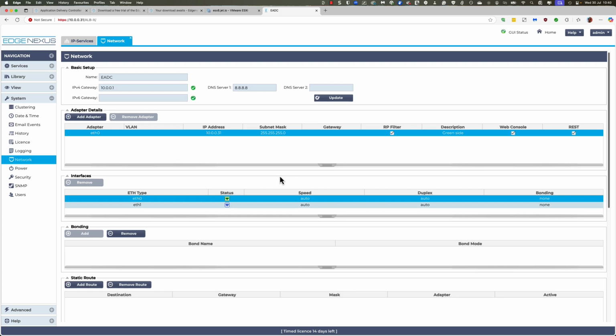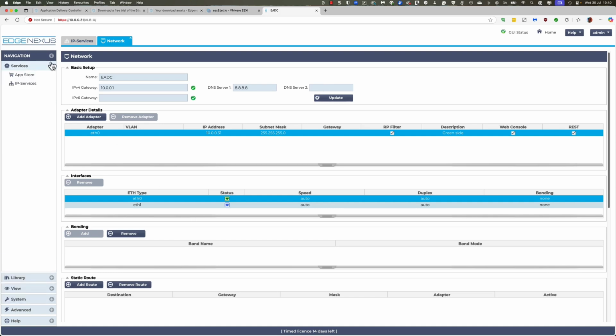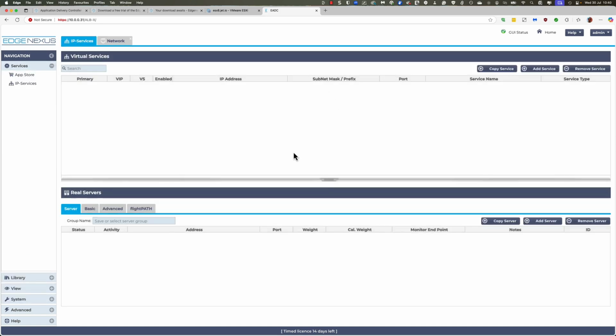You can also have VLANs. You can also have IPv6 if you wish to. You can also change the DNS server or add a secondary DNS server if you want to, and configure your networking. And once you've configured your networking, you can go on and configure your virtual services and real servers. I won't go any further on this video because all this is covered by other videos in our V5 group or playlist on